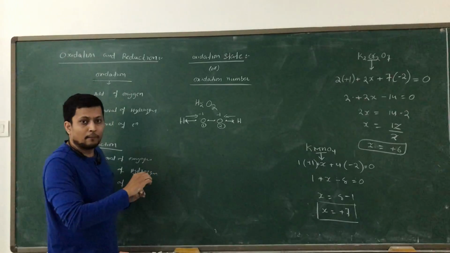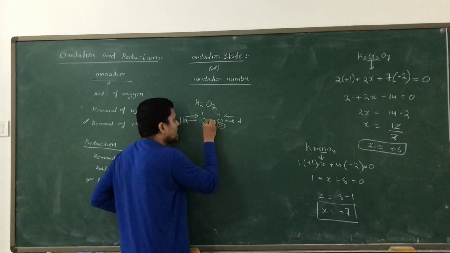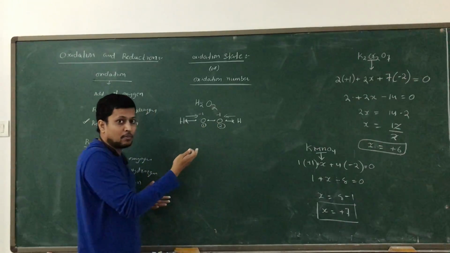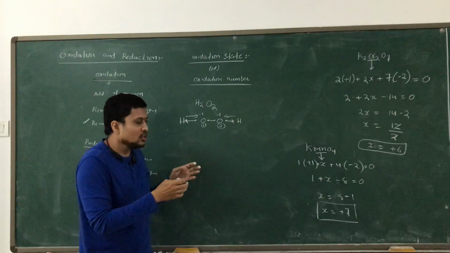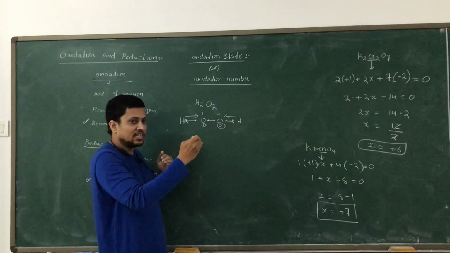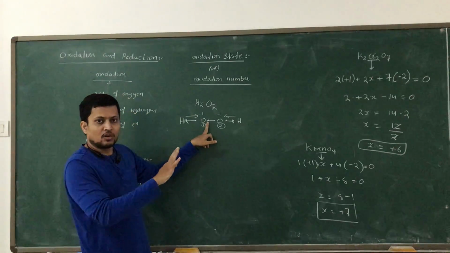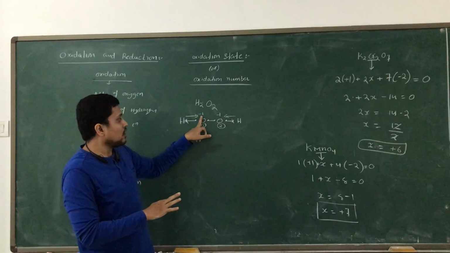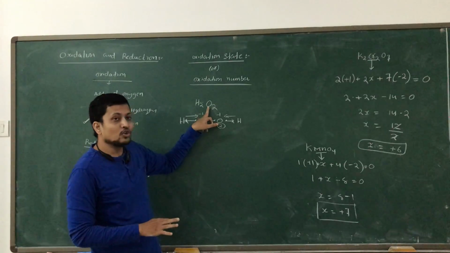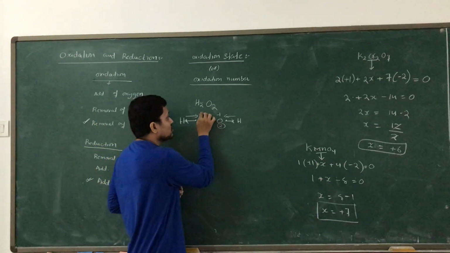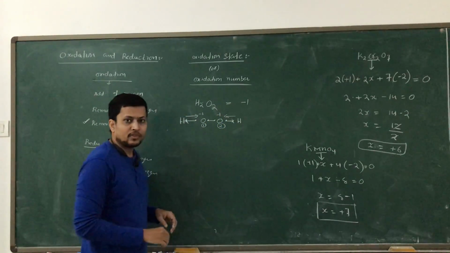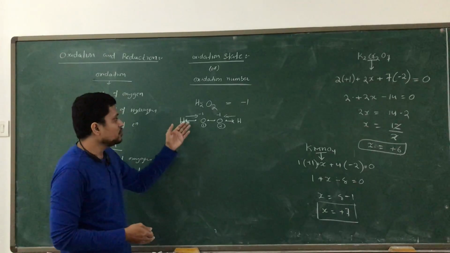what? Minus 1. Now what about this electron? Where will this electron go? Whether this oxygen will take it or this oxygen? No, both of them have the same capability, both have equal electronegativity. So these electrons are not moving anywhere because the strength is the same. So the total charge of oxygen is -1 only. So now in this compound the charge on the oxygen is going to be -1. That means the oxidation state of oxygen is going to be -1. So in that way we have to go for the answer for this particular compound.